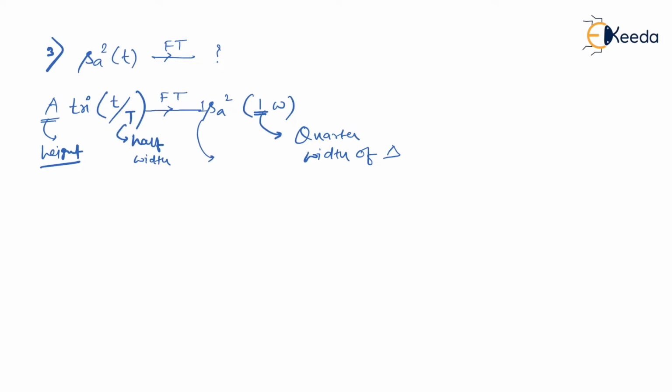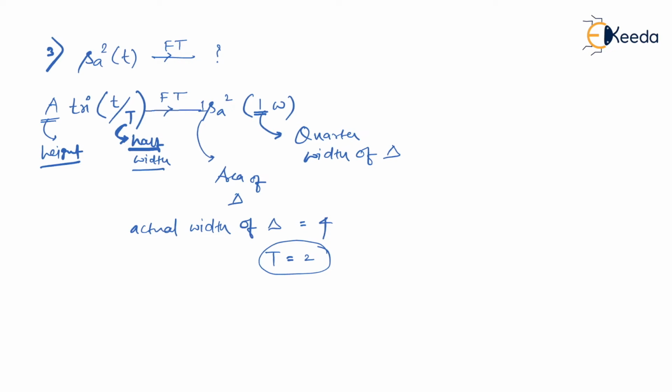And we have 1, that is the maximum value of the sampling square function, which is nothing but the area of the triangle. Am I right? So let us see. When I say a quarter width of the triangle is 1, then the actual width of the triangle will be 4 times of it. Therefore, the actual width of the triangle will be equal to 4. Then the value of T will be equal to 2, because what we mention over here is not a complete width but a half width. Am I right? And A is nothing but height.